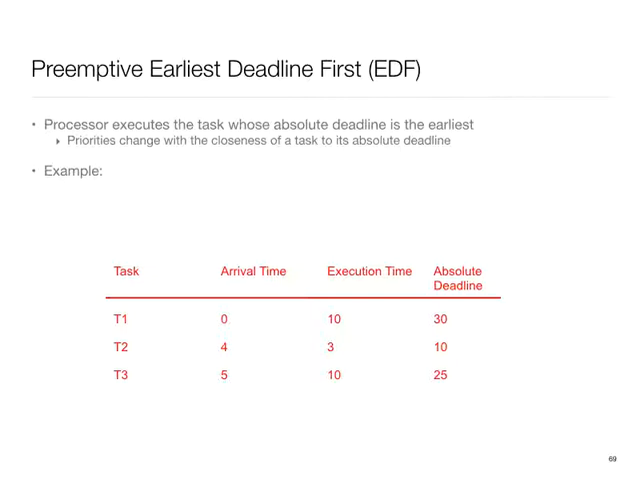So preemptive earliest deadline first basically says that the task whose deadline is the nearest is going to have the highest priority. For example, let's say at some point in time, I have three tasks, T1, T2, T3. The arrival times were 0, 4, and 5, and execution times were 10, 3, and 10. And their absolute deadlines are 30, 10, and 25. So in this particular case, we are going to give the highest priority to T2, just because its absolute deadline is